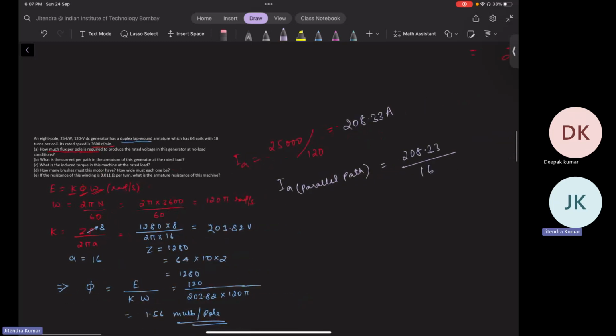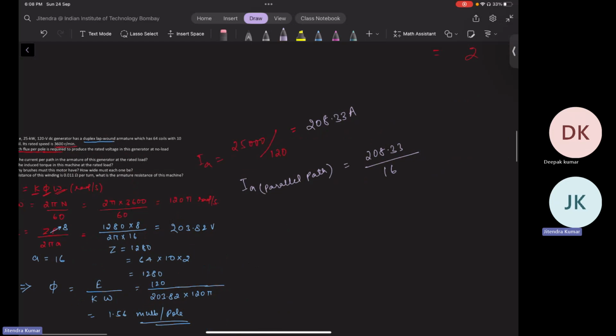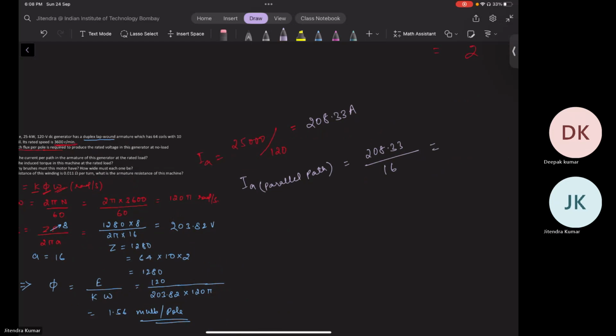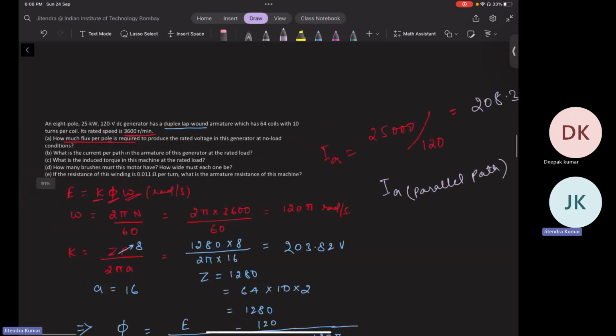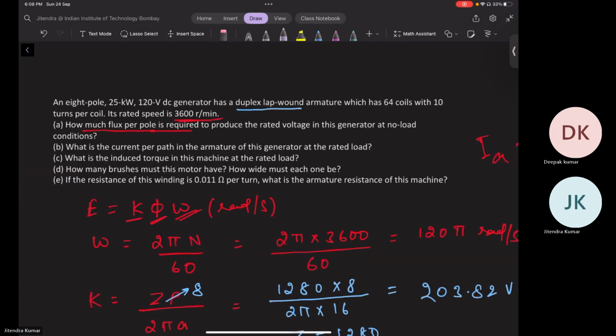So it would come out to be how much? Sir, 13.02 ampere. 13.02 amps. Yes. So I think we are done with part B, right? Yes, sir, we are done. Part A we did in the last session. So part C,